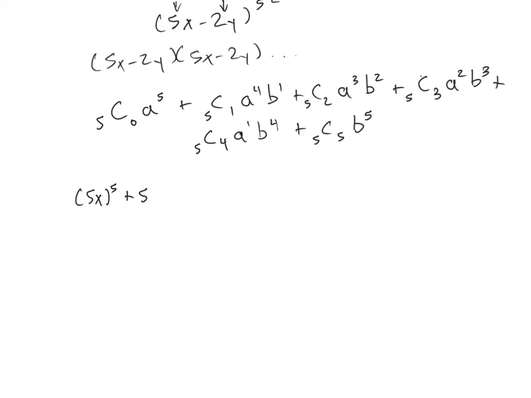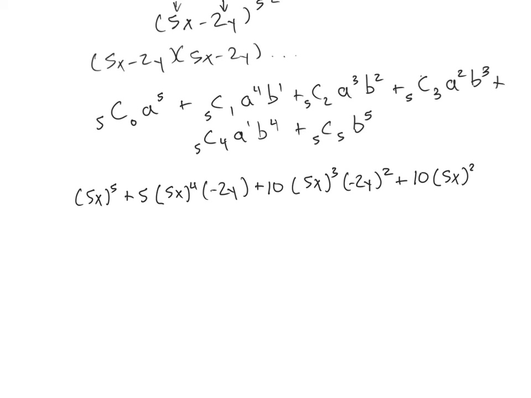So we got 5 times 5x to the 4th power times negative 2y plus 5 choose 2, which is 10 times 5x to the third power times negative 2y squared plus 5 choose 3, which is 10 again. And this is 5x squared and negative 2y cubed